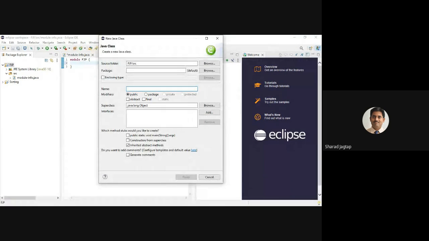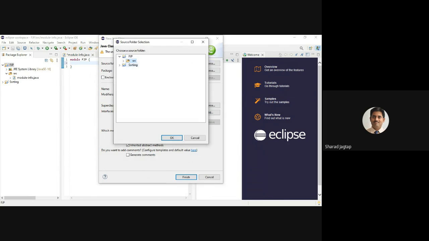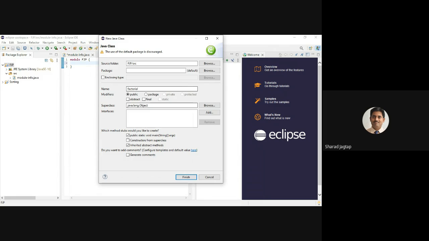Here it will ask for the name of this class. So we can give the name as factorial. Also here it will show which field is remaining. Then click on this public. Also you can browse the source folder path by clicking here. Then click on Finish.